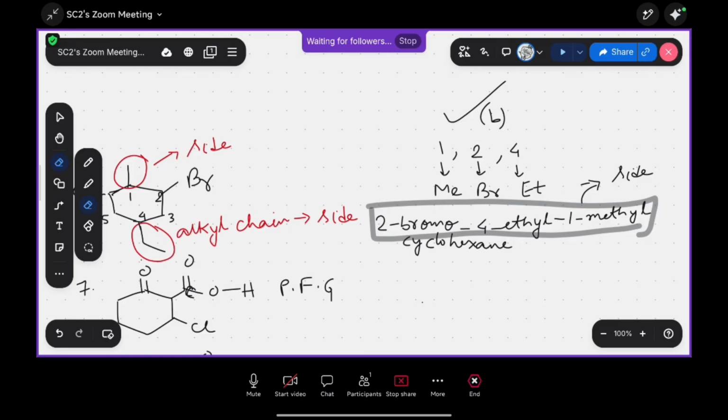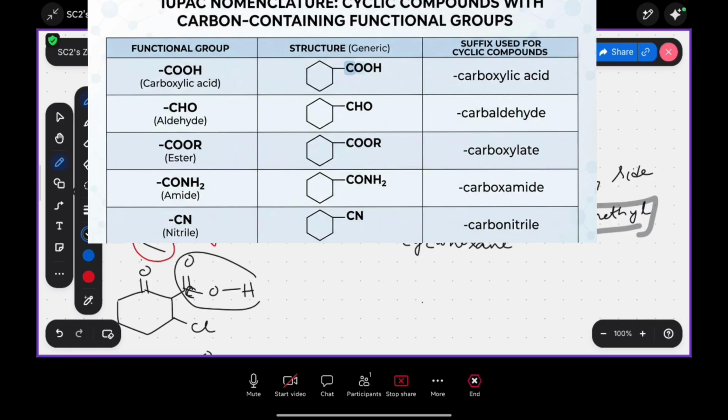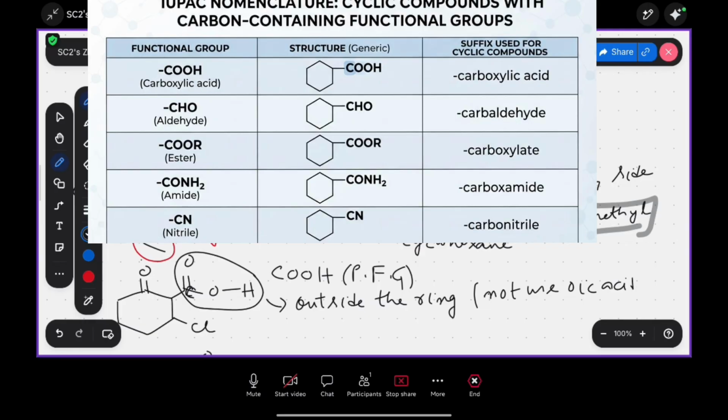7th molecule কি দেখা যাচ্ছে যে আমাদের যে এখানে আছে দুটো ফাংশনাল গ্রুপ। একটা হচ্ছে আমাদের কার্বক্সিলিক অ্যাসিড COOH, যেটা আমাদের প্রায়োরিটি লিস্টে উপরে থাকে, তাই জন্য এটা আমাদের প্রিন্সিপাল ফাংশনাল গ্রুপ হিসেবে বিহেভ করে। And but that is outside the ring. কার্বক্সিলিক গ্রুপটা আমাদের রিং এর মধ্যে নেই, রিং এর বাইরে আছে। COOH এর যে কার্বন অ্যাটমটা সেটা রিং এর বাইরে, তাই জন্য কিন্তু we will not use ওইক অ্যাসিড। আমরা কিন্তু ওইক অ্যাসিড বলতে পারবো না, কারণ এটা হচ্ছে রিং এর বাইরে। যদি রিং এর মধ্যে থাকতো তাহলে আমরা ওইক অ্যাসিড বলতাম।